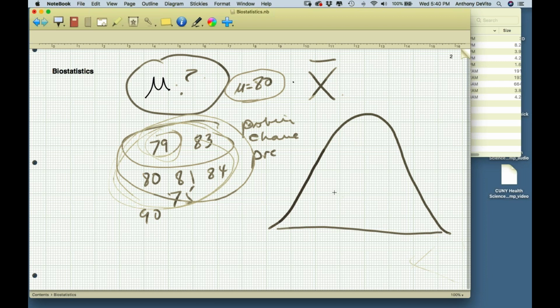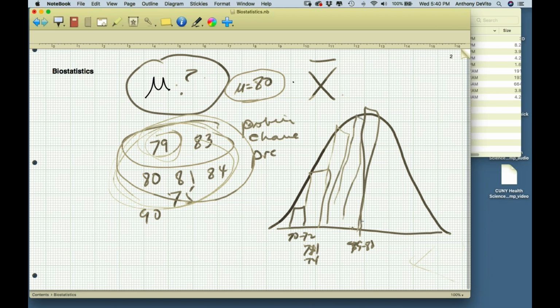Well, what does that mean, normally distributed? Well, that means that as I sample people, just like that representation of the binomial distribution, I might sample people and put them into a bin that represents 70 to 72, another bin that represents 72.1 to 74, and so on and so forth. And one bin over here is 79 to 80, and so on and so forth. And as these bins get closer and closer to the mean for that population, I will have more and more people that are close to that.